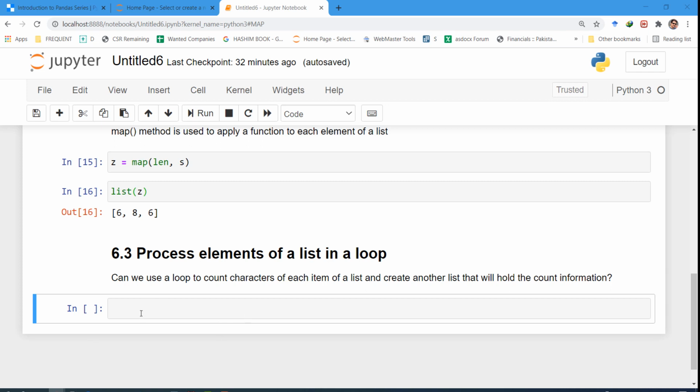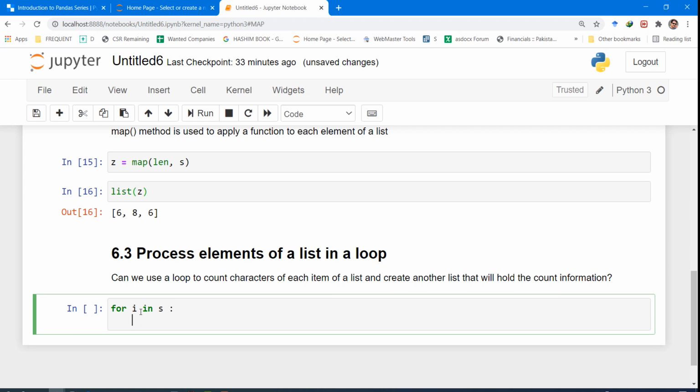Okay, let's solve it together. As you remember, in the for loop we first type for, and then the name of the variable that we would like to use in this specific loop. Let us call this variable I: for I, and then we type the name of the list. The list is S, so for I in S, and then we shall process the list.